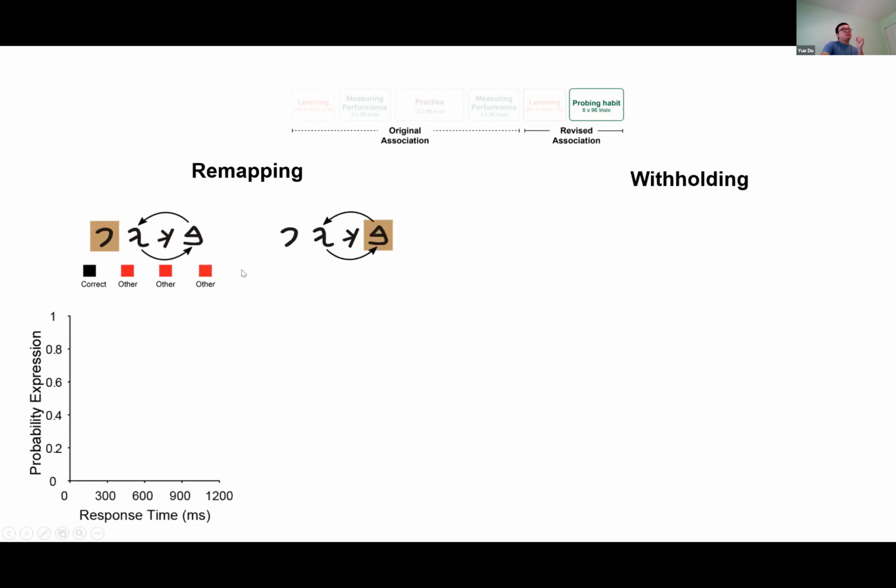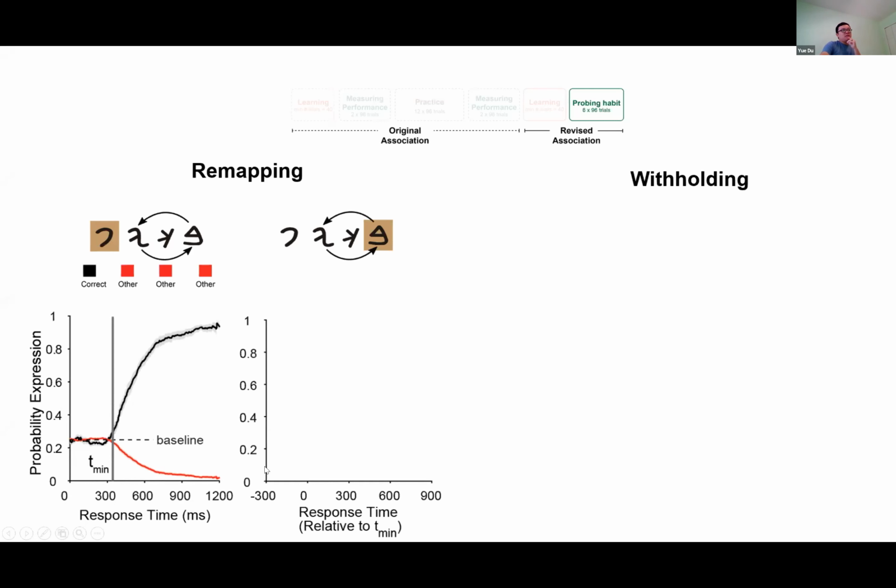So if people are able to perform this forced response time task, we would expect that they start from a chance level by picking one of these choices randomly when they have a very short response time. But with longer response time, we would expect the probability of choosing the correct response to gradually increase, and the probability of choosing the other three random errors to gradually decrease. And this is confirmed by the results, suggesting that people do not have difficulty performing this task. And using this speed-accuracy trade-off here, we can also determine the minimum time at which people become able to process the stimulus and choose an action rather than randomly guessing at the baseline level. And using this minimum time, we adjusted the temporal profile of the responses to the revised stimulus